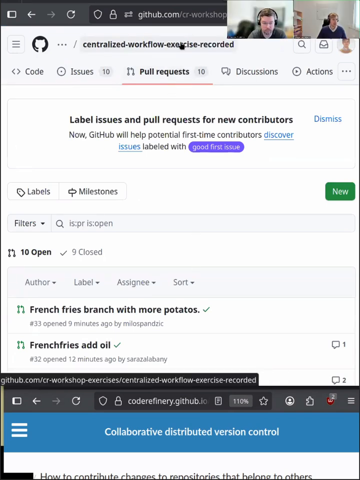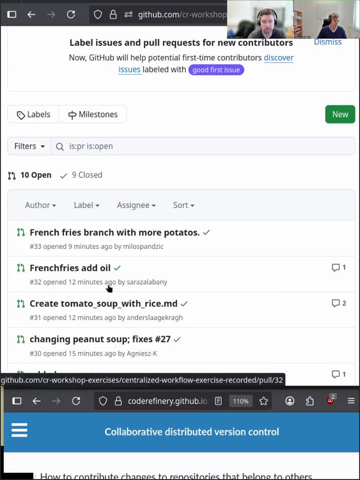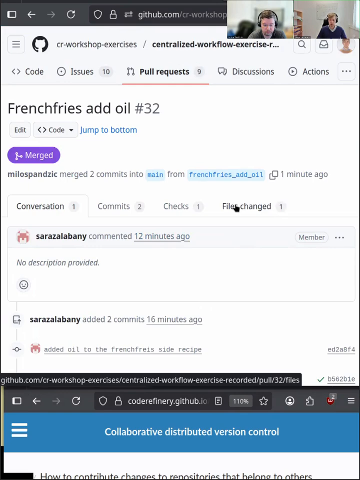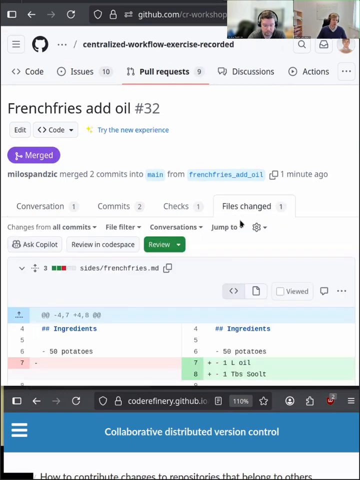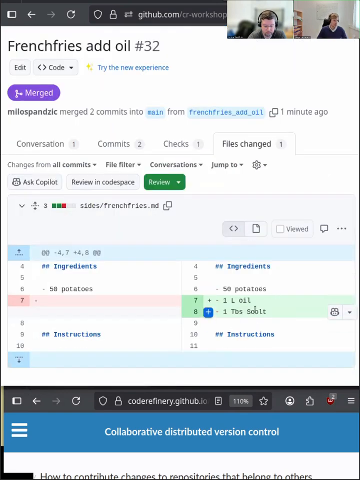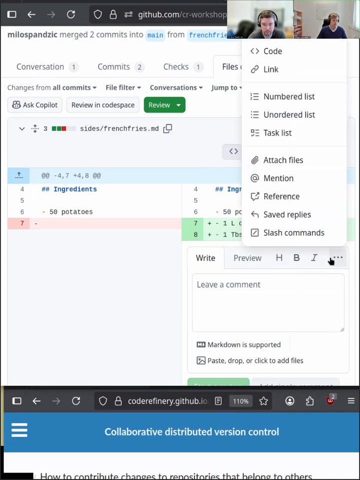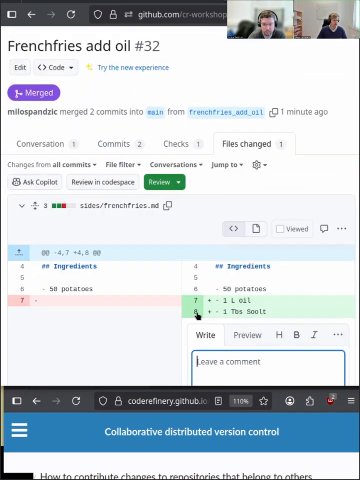So I'm now again at the same repository as before. And now let me just pick one of the pull requests here. I'll go again to files changed to see what the code actually looks like that has been changed. And now, in this case, I can click on this blue plus sign. And let's see.